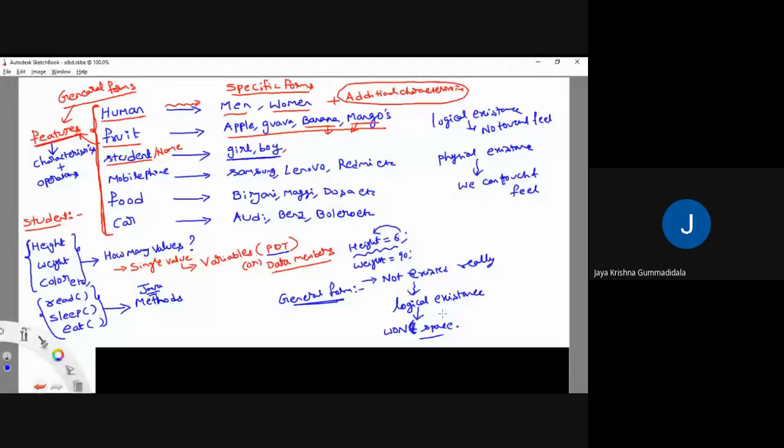It won't occupy any space. Okay. Coming to here,